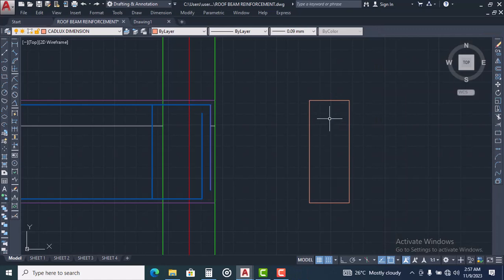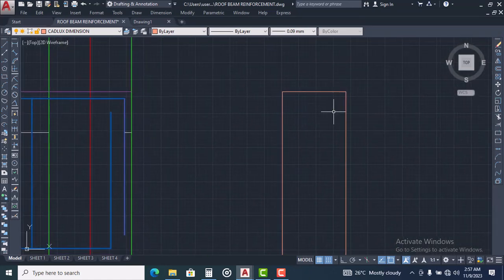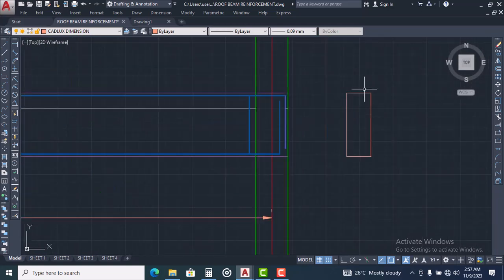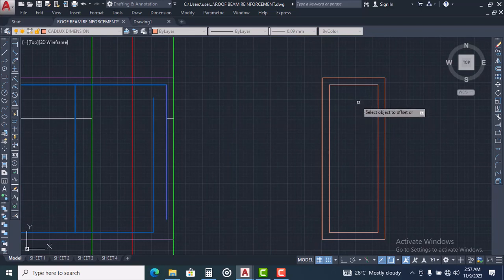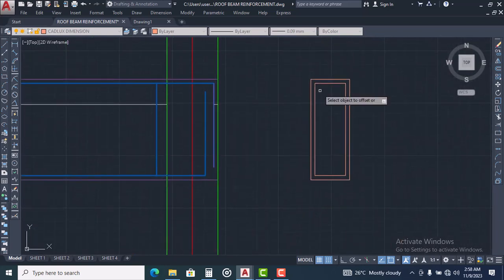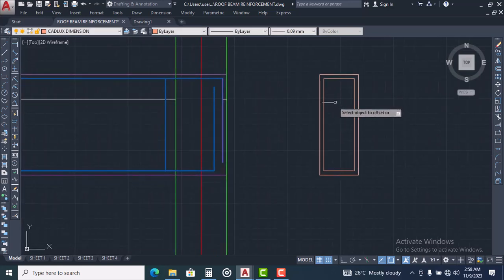So now this is the stirrup. How to get your stirrup? Now what you have to do is to minus this concrete cover. So we have to offset this. Earlier on we said our concrete cover was 25, so we offset it by 25. So approximately this is our stirrup, and so we will now start locating our